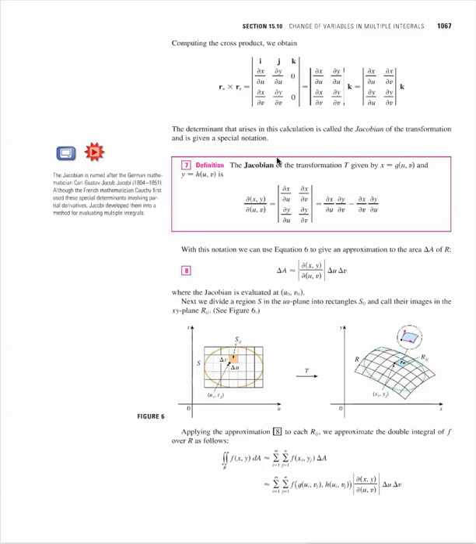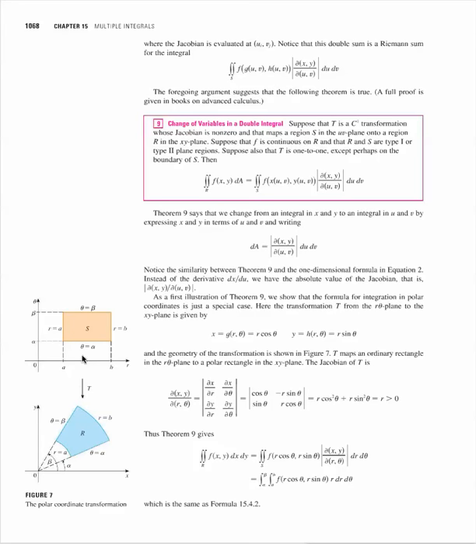This shows up. So we define the Jacobian of a transformation, and this is something you definitely need to know and know how to compute. And it's the determinant of the matrix of partial derivatives. Your book continues developing the change of variables formula for multiple integrals here, and it comes up with a formula over here. Now, you can think of this formula as being similar to the substitution rule,